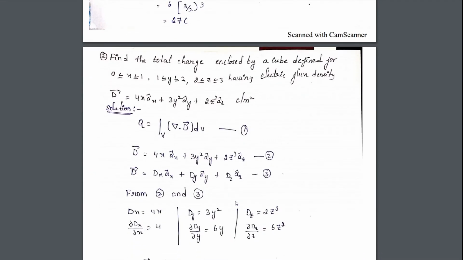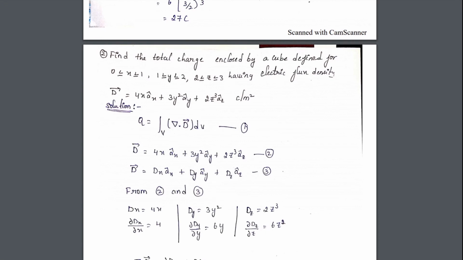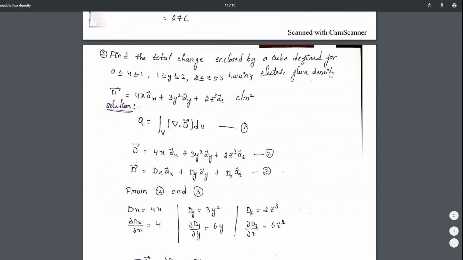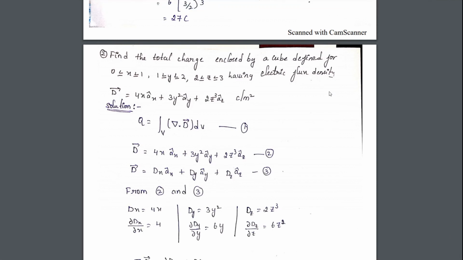So this is a problem to find flux by using double integration. In the same way, you can calculate the charge that is present in a differential volume by doing triple integration here. This concept remains the same. The only thing here is, for charge we need to do a triple integral, and to find flux you need to do a double integral. So what is asked in the second problem here?